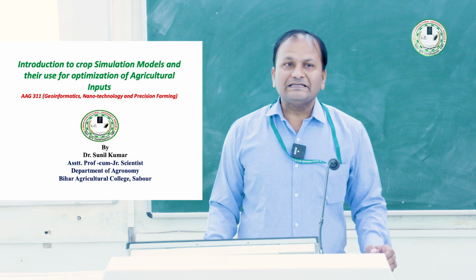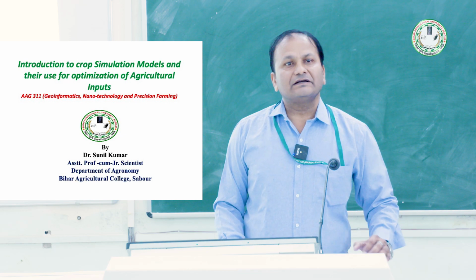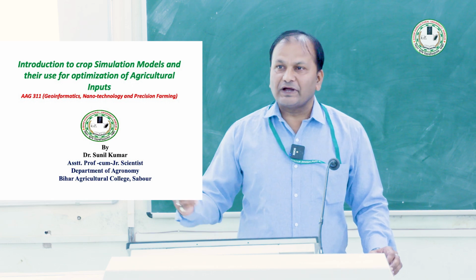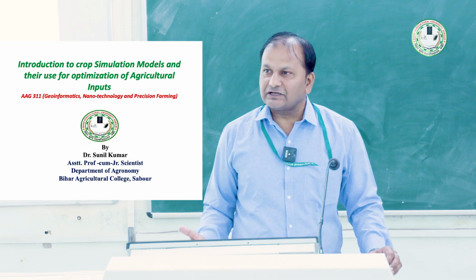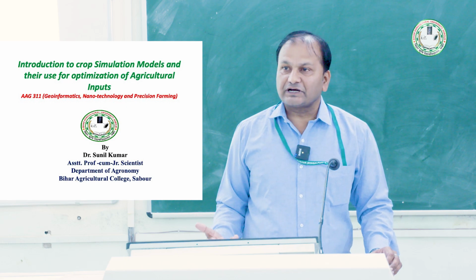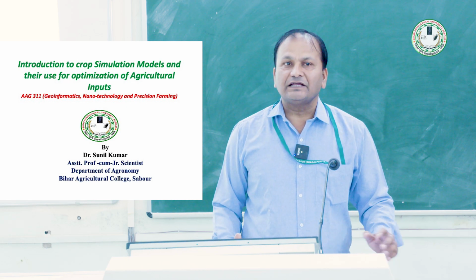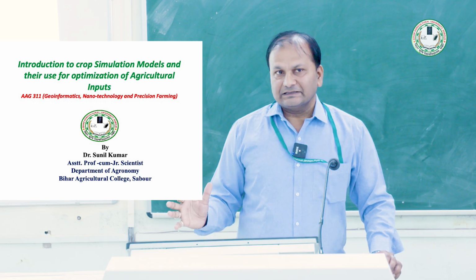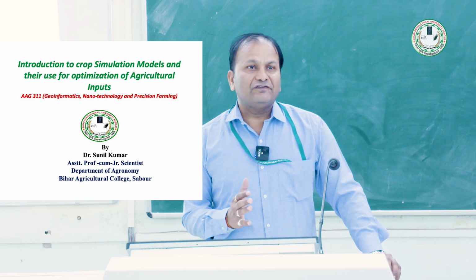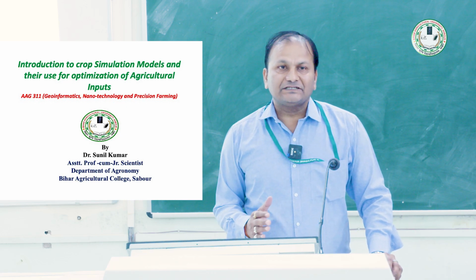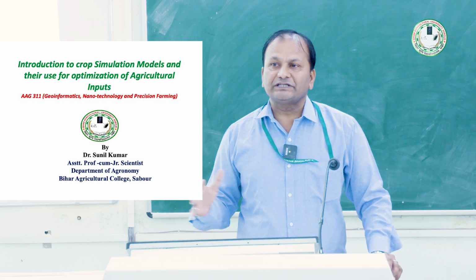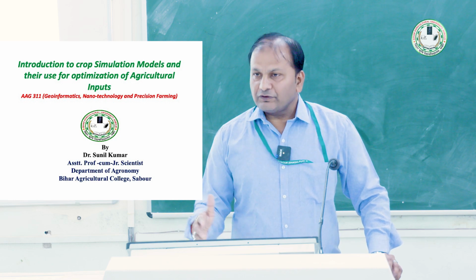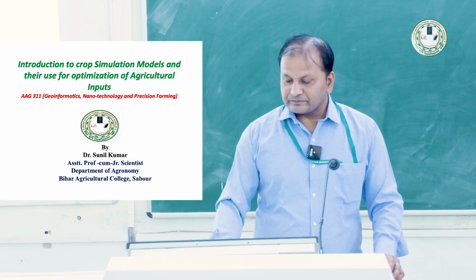So the model is like a sample in which weather data, crop management data, and even soil data, meaning soil type, soil structure, soil texture, and the moisture condition at that time, are all included. And then it provides yield, and not only yield but also leaf area index, plant height, days to flowering, and days to maturity. All these are provided in the model result. So we will study step by step.